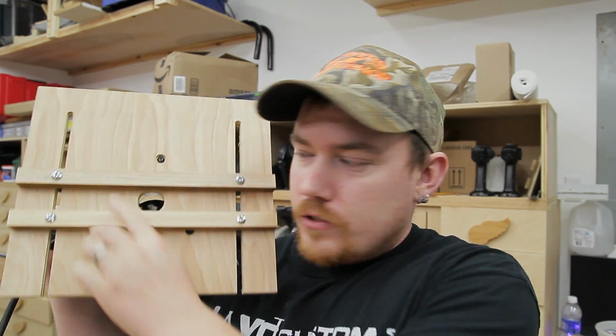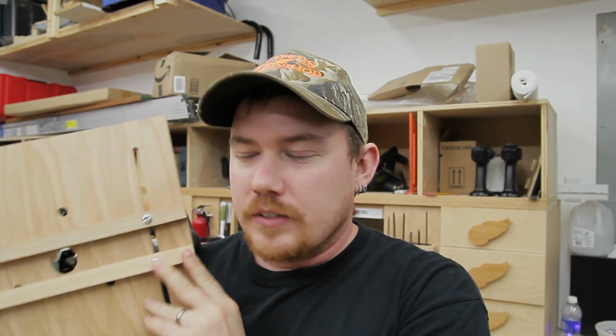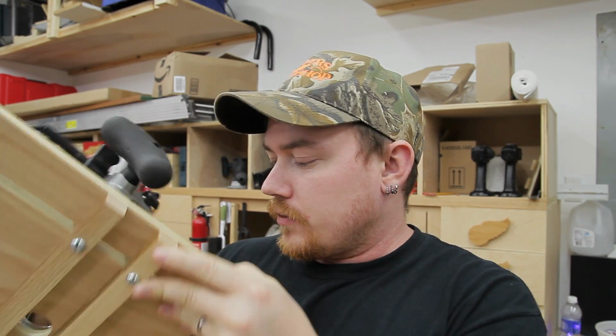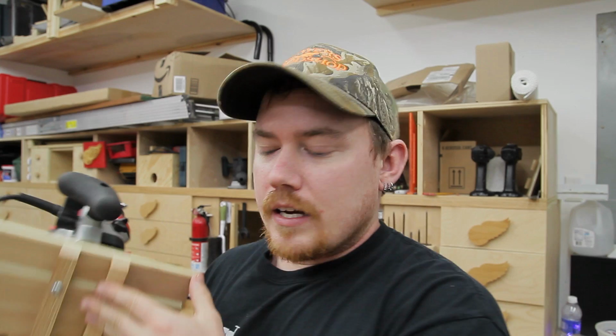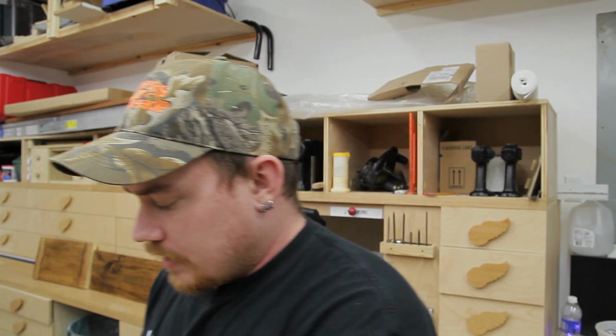Last video was the router edge guide, the dual edge guide. Well, I say dual, but you can take one off and it's just a single edge guide. Universal for whatever router you happen to have, you just screw it to the base of it. So pretty handy jig. And I specifically made it because the next project is going to be a sofa table,